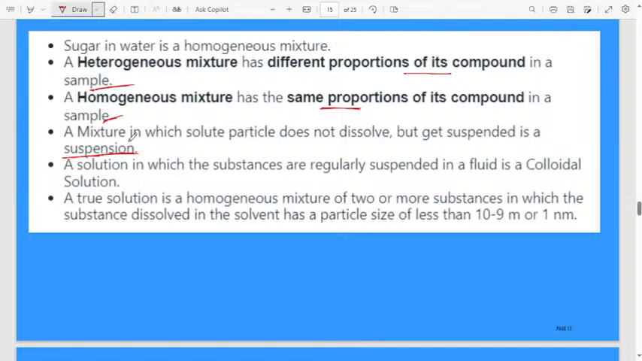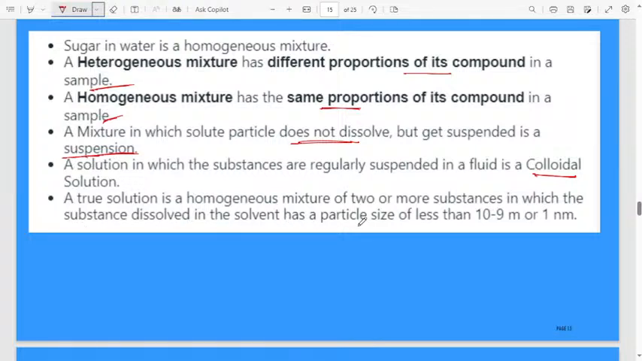Chalk powder in water will not get dissolved at all, but it will float on the upper layer of the mixture. Heterogeneous mixture means the composition of the solute is not constant, it is not uniformly distributed. Then a solution in which the substances are regularly suspended in a fluid is a colloidal solution. Next, a true solution is a homogeneous mixture of two or more substances in which the substance dissolved